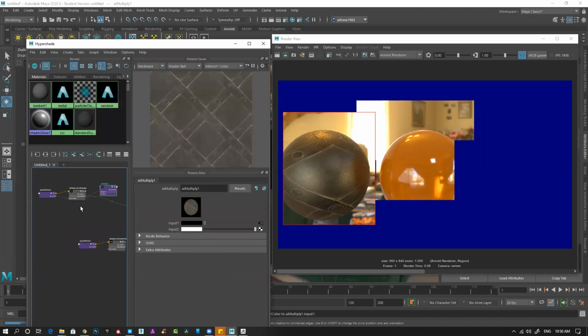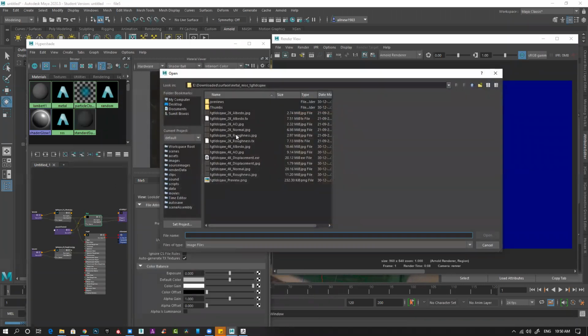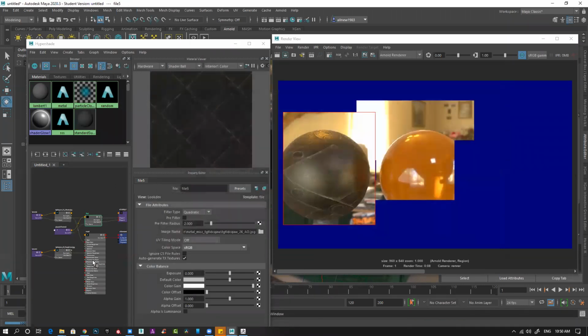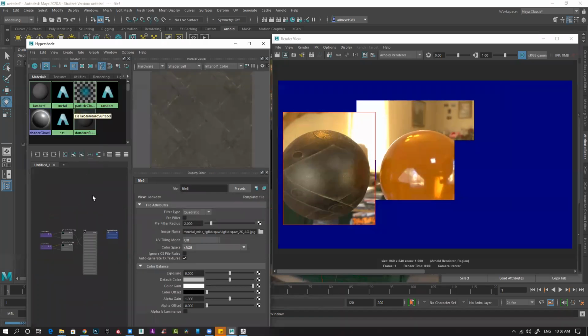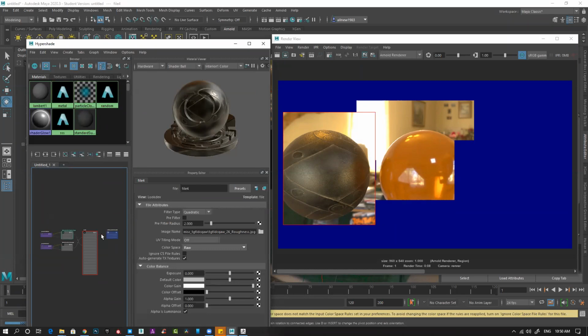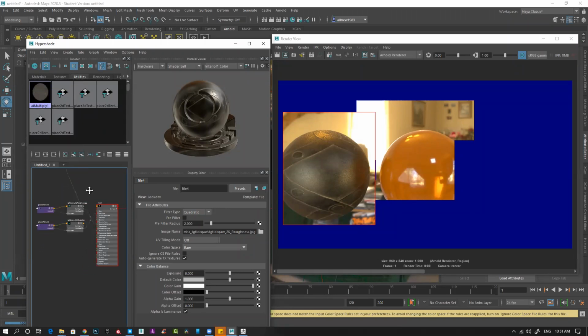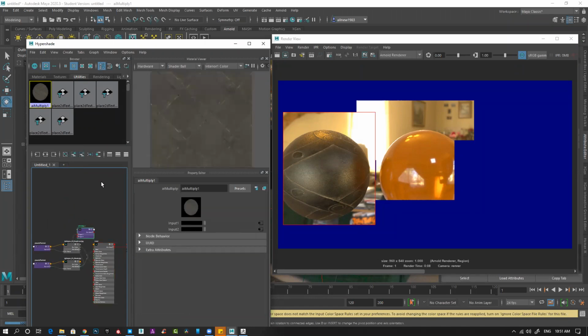One is here, and then suppose you want to apply another node. Click this, file, select your AO. Now you can see, I just tried it. Oh, I forgot to connect it. Utility multiply. I forgot to connect it.